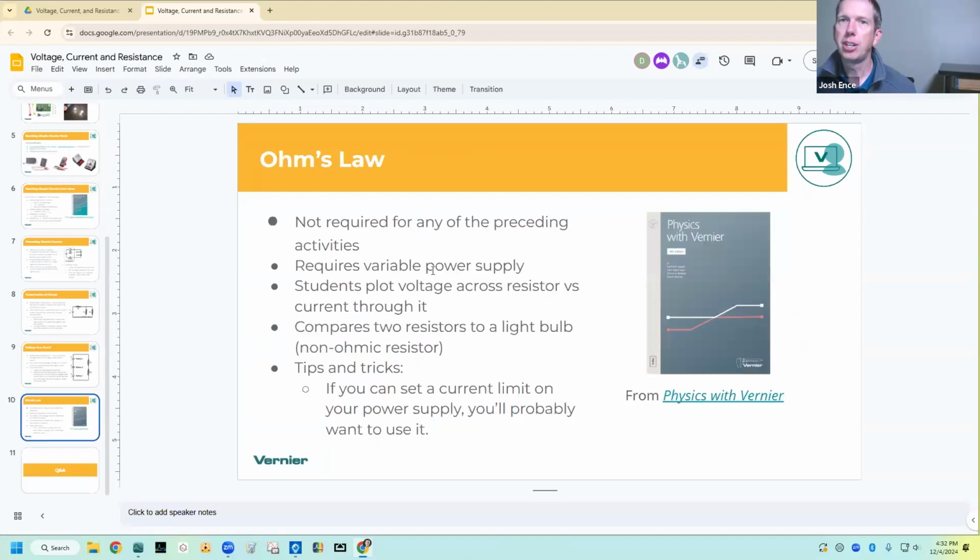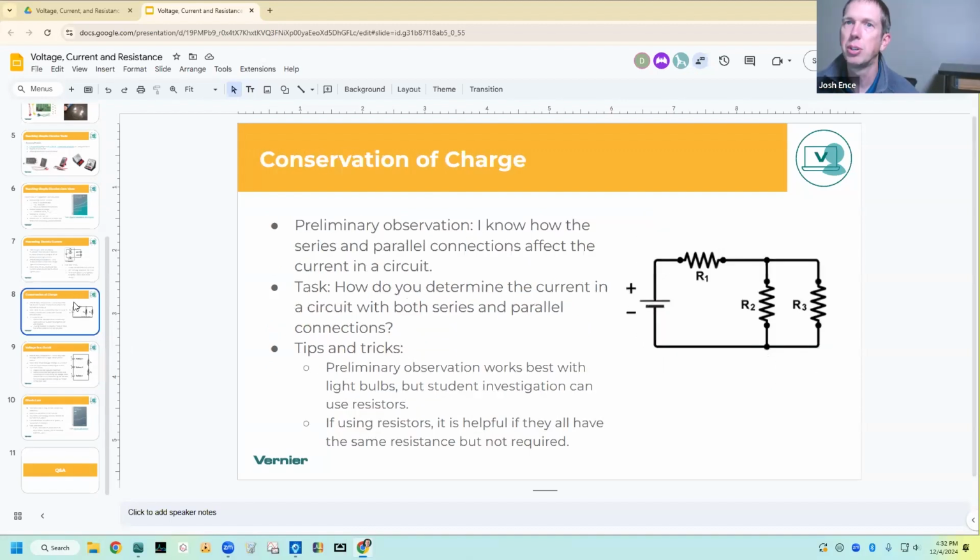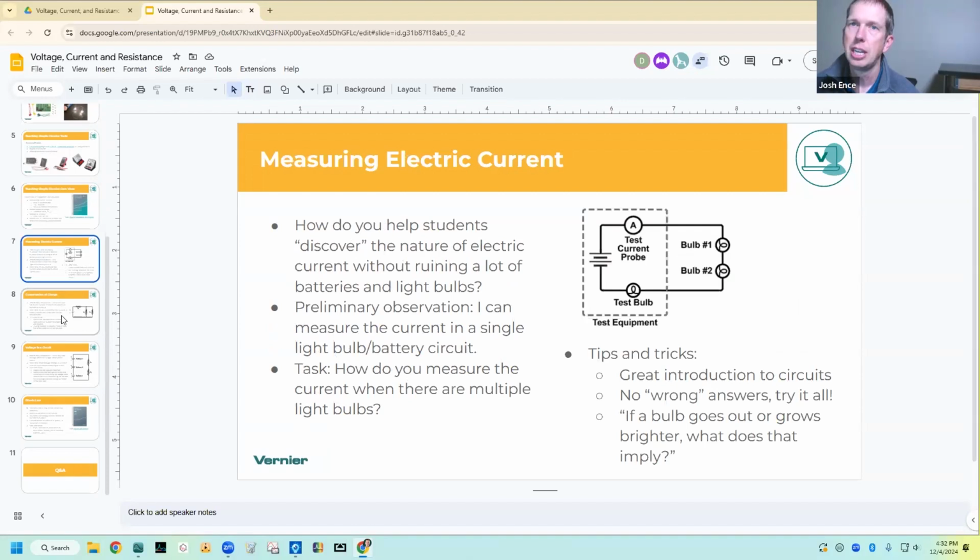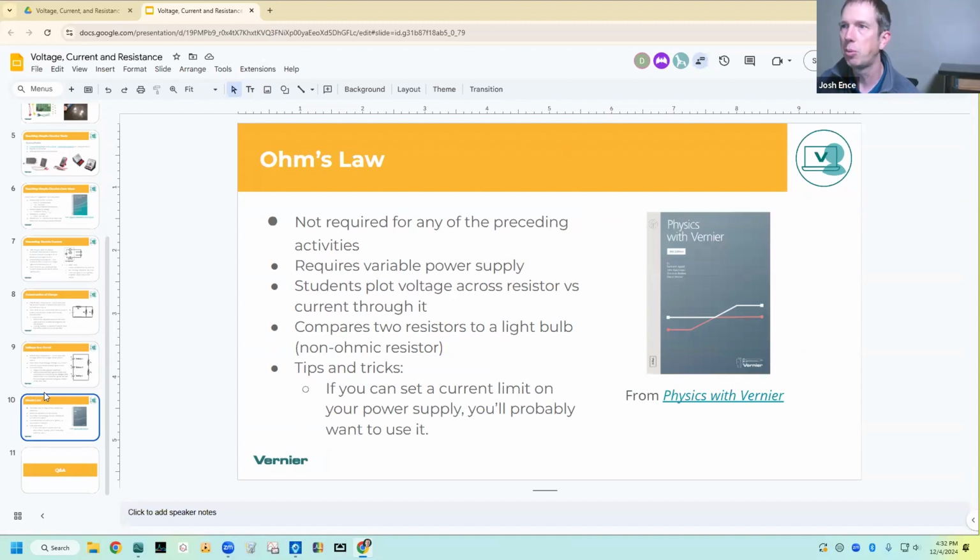All right, the last part is Ohm's law. You probably already have an Ohm's law activity. And like I said, you can insert Ohm's law at a lot of different places along the sequence. Once they know how to measure current, if you want to bring in the idea of voltage earlier, you can do that. I like to do it at the very end because it's a great way to tie together these two quantities that students now know how to measure, and they have some idea of how those quantities vary. And Ohm's law connects the two together.